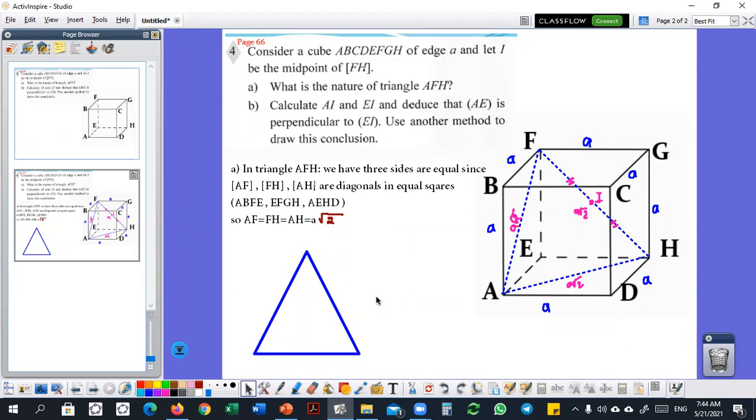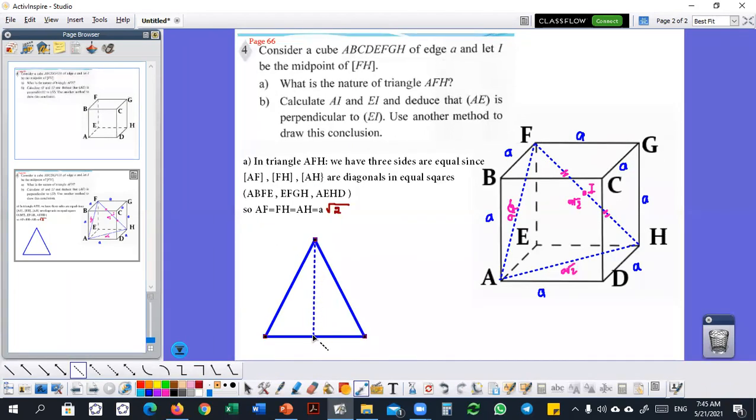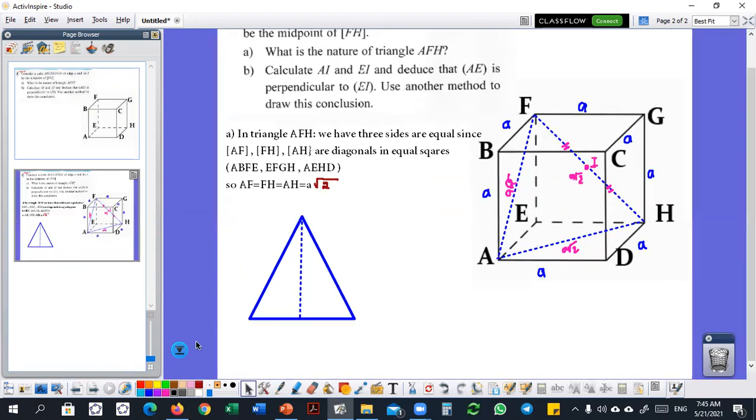Did you understand what I mean? Here I have the vertex. If I connect it down, I have two pieces. Each one is called what? Semi-equilateral triangle. Okay? If the measurement of this side is A,